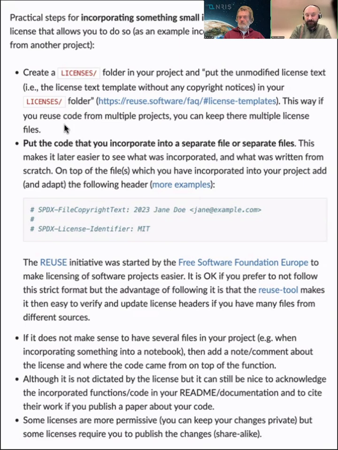Again, if you are not sure how to do it, the best way is to copy what other libraries are doing. But basically, the idea is that if you embed somebody else's code that was released under their MIT license with their name and surname inside the MIT license, you can just copy all the licenses from all the codes into this licenses folder.